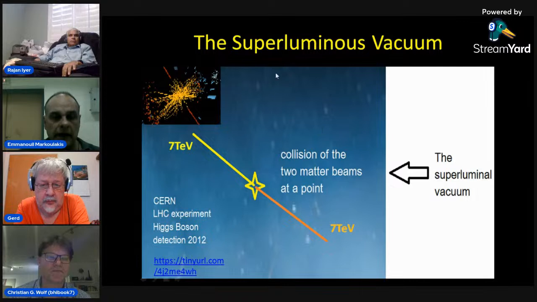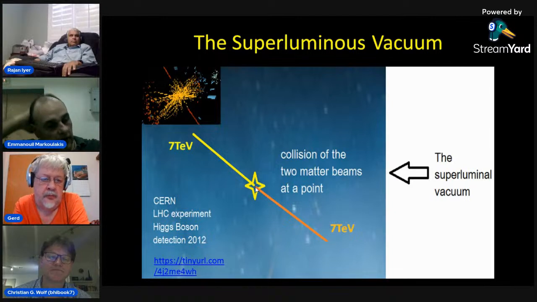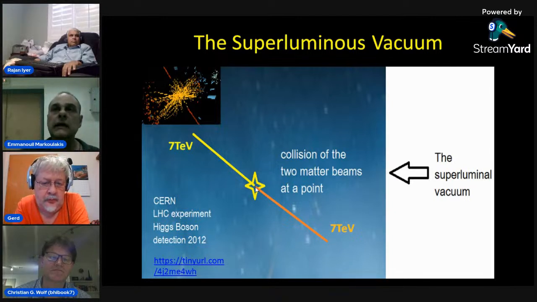So in the famous experiment, we have two matter beams that are accelerated from opposite directions and collide at a point in space inside the Atlas chamber, which is a giant detector, and the CMS. So there were two teams that announced on the same day, the 4th of July, the discovery of the Higgs boson